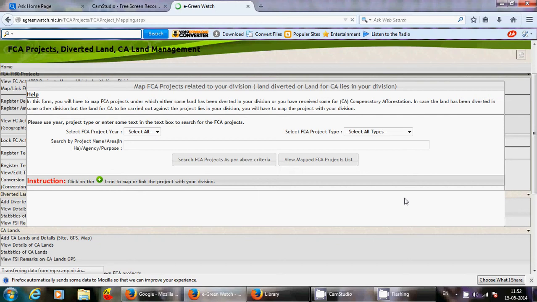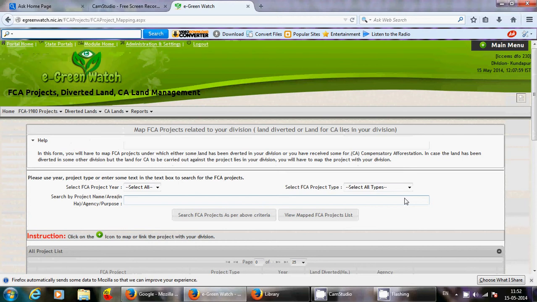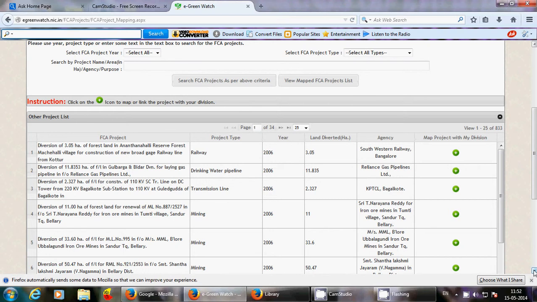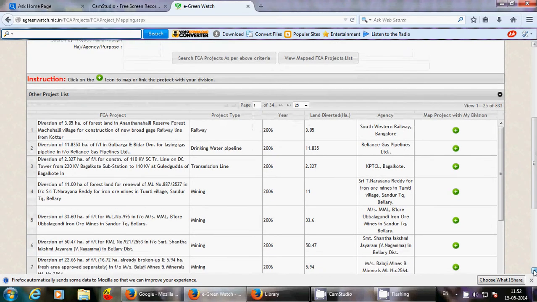Let it come, since the internet is quite slow, it is taking time to load the page. Okay, this has come. So look, around 600 FCA projects have been enlisted.